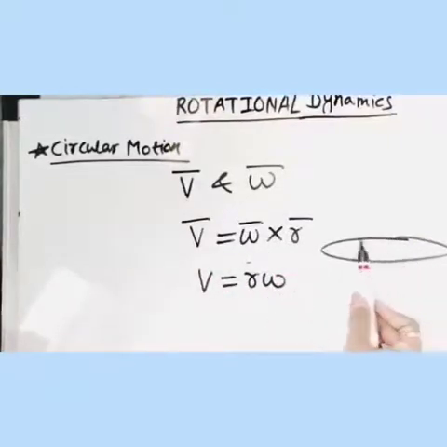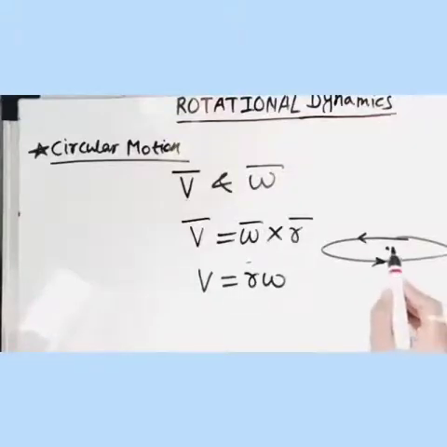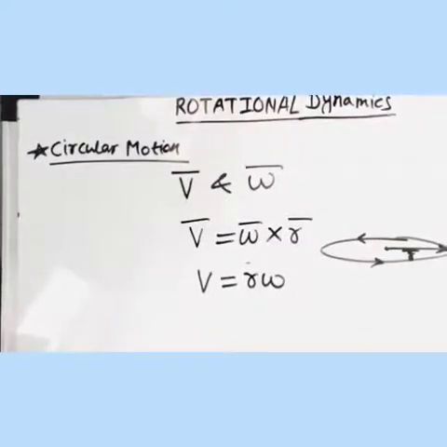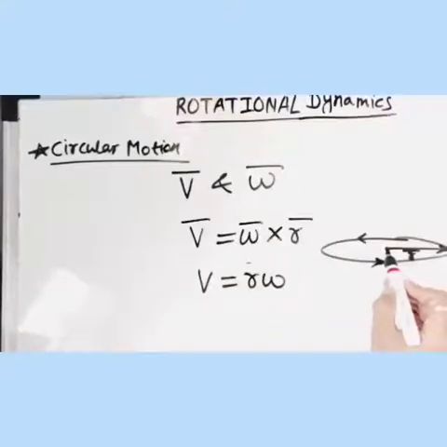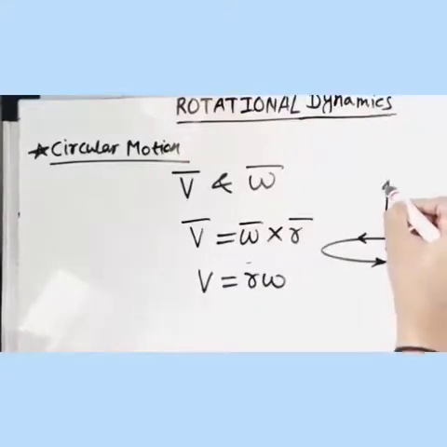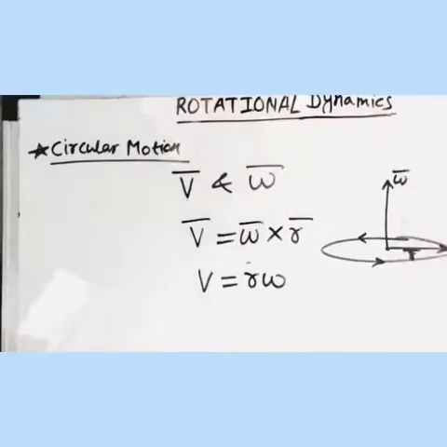As you can see in this diagram, I have shown the circular path of a particle. Imagine the particle is performing circular motion in the anti-clockwise sense. This is the center of the circle. So this is the radius vector or the position vector, which indicates the position of the particle at any time instant. So this is r bar, vector r. According to the right hand thumb rule, the angular velocity vector will be in the upward direction. So this is omega bar, and the linear velocity vector v bar is always going to be tangent to the circular path. So this is v bar.